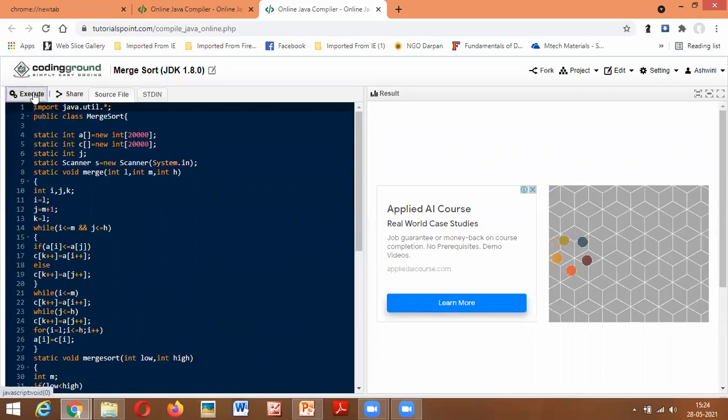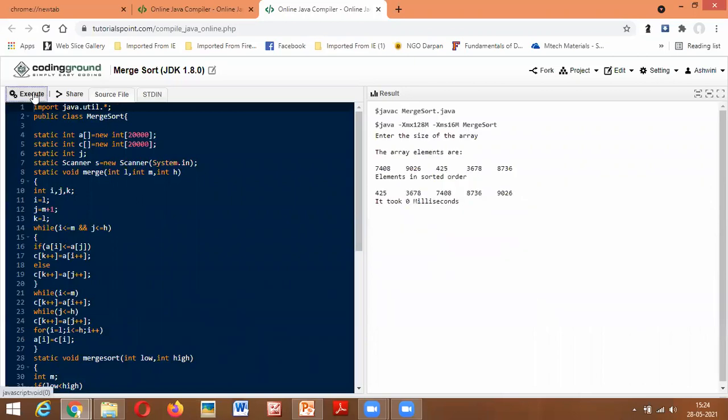On the right-hand side, you can notice it says, enter the size of the array. Actually, I have to type here, but this is not console input. We are executing it online, so we have to provide the input where they have specified the space for it. In stdin, they have specified space for giving the input. So I have given 5, and 5 elements got generated here.